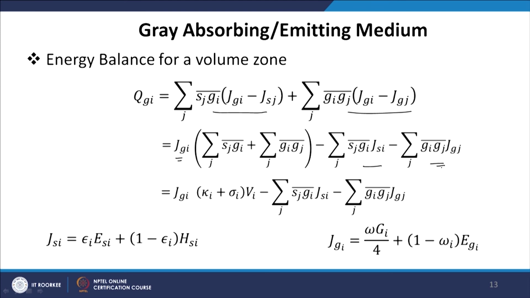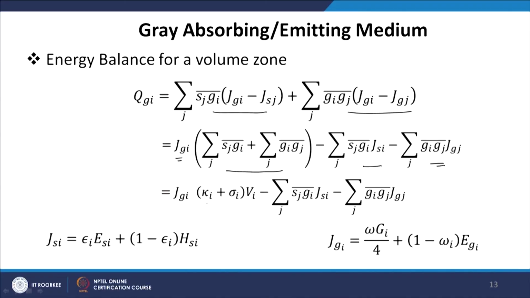Now, we will again make use of energy conservation. All the energy from a volume zone is either going to a surface J or it is going to another volume GJ. So energy is conserved, and this total amount of energy is given by beta, that is the extinction coefficient, times Vi multiplied by the radiosity of the volume zone. So this is the total amount of energy emitted by the volume zone by emission as well as scattering. So JGI times kappa I plus sigma I times Vi represents the total amount of energy emitted by a volume zone by emission as well as scattering. So, these two equalities